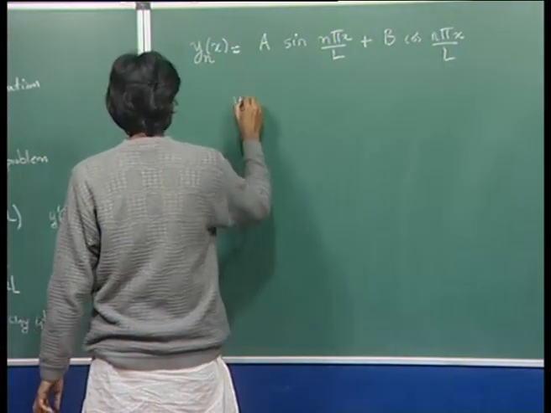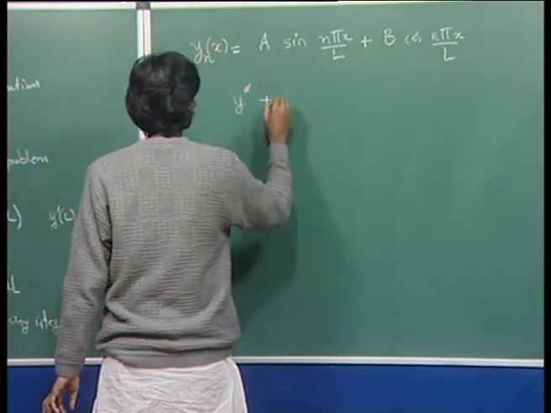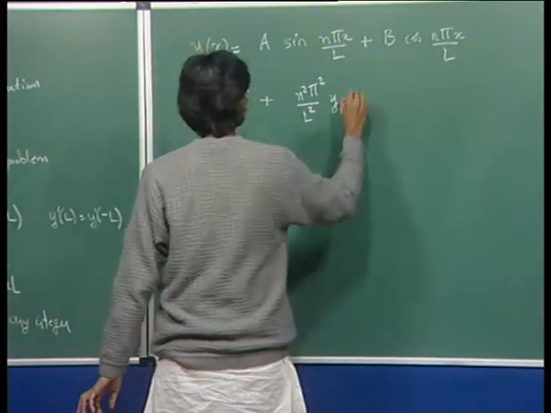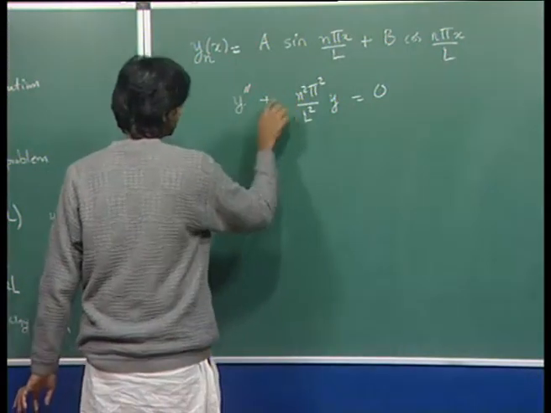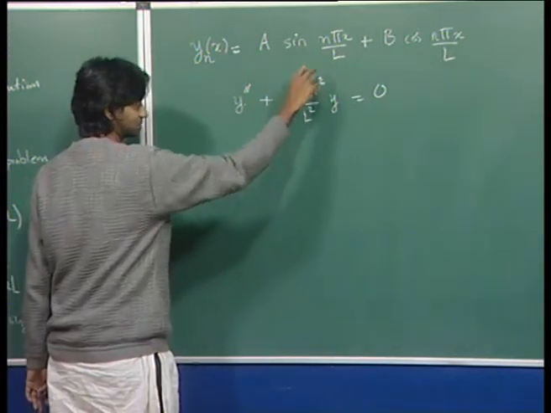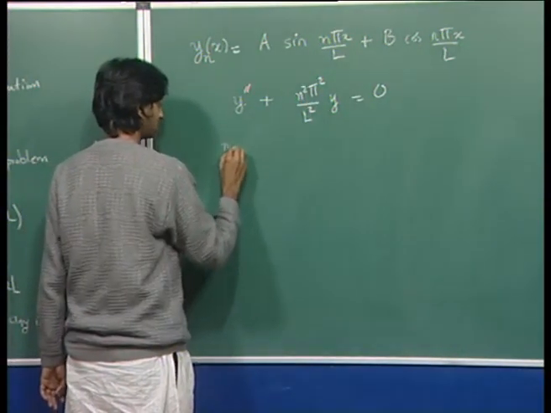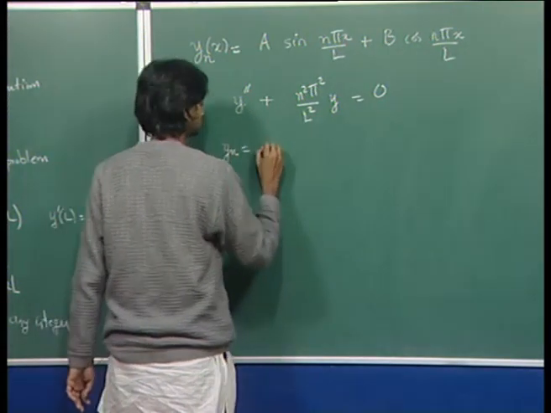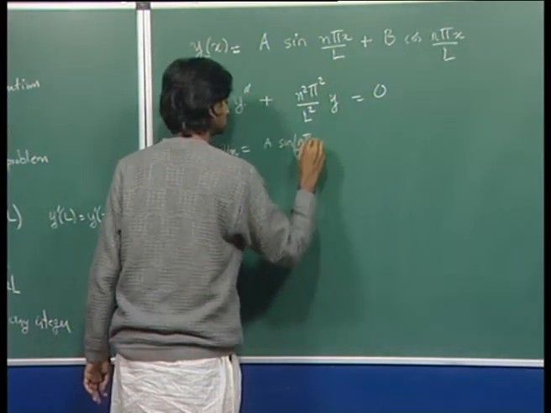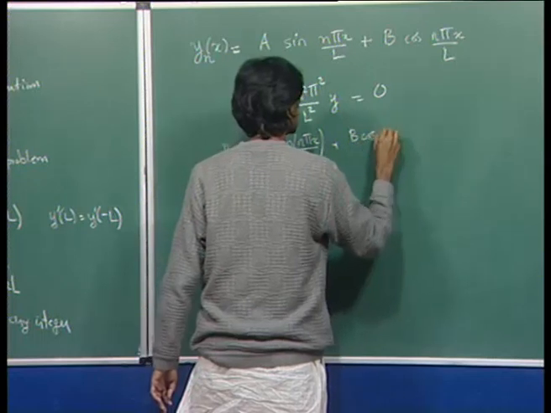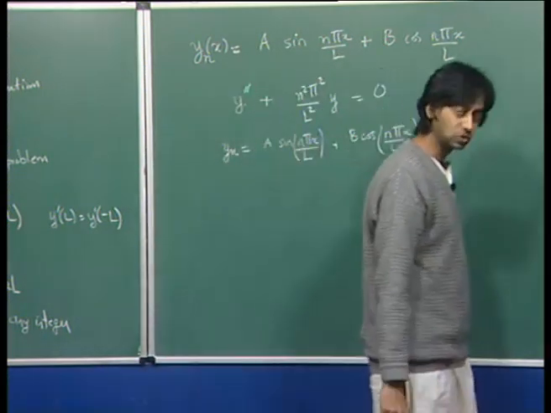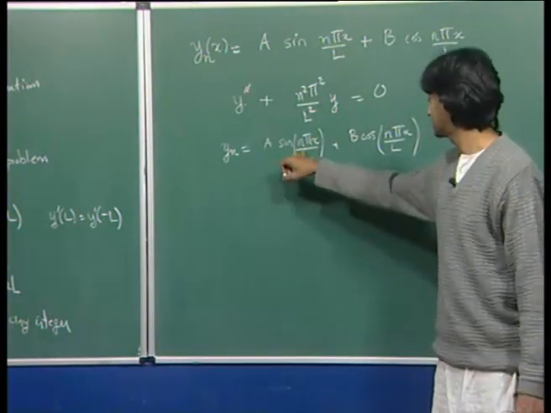Okay. So I can write my differential equation as y double prime plus n square pi square by L square y is equal to 0, and this is a differential equation. So lambda is here, your eigenvalue is here, and y n is equal to a, okay. So corresponding to any n, you can have either a solution of sine or you can have a solution